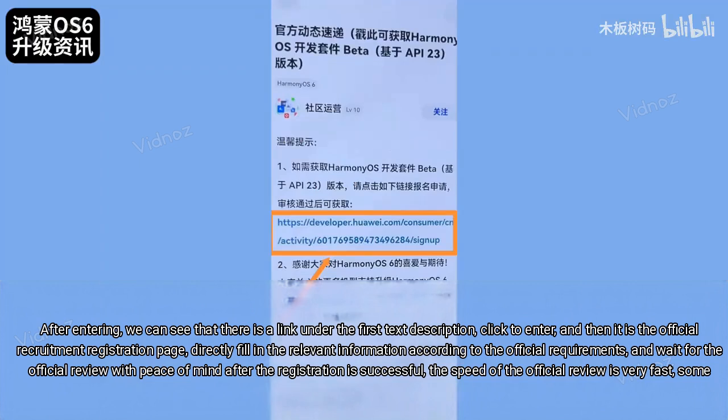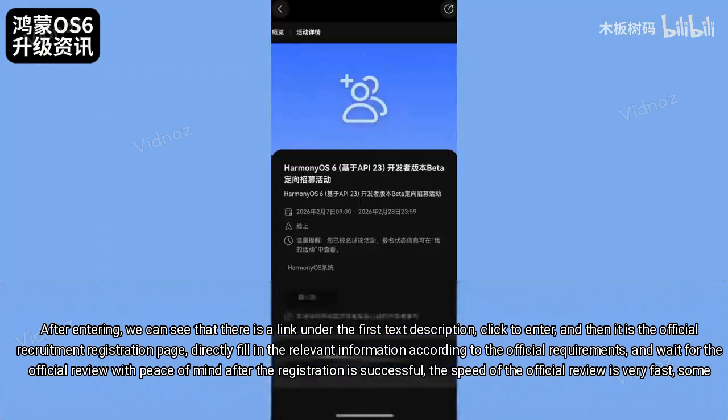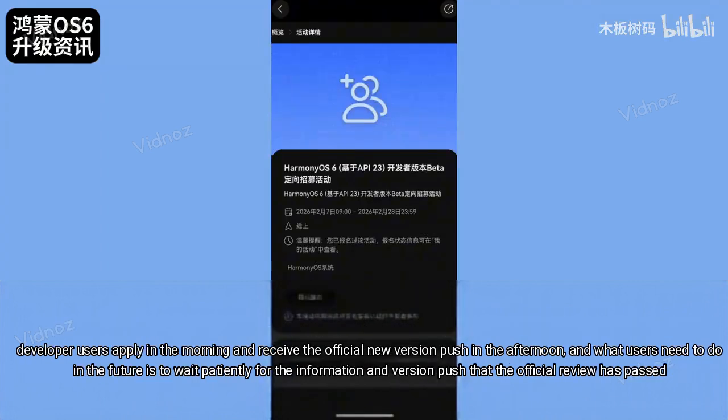Directly fill in the relevant information according to the official requirements, and wait for the official review with peace of mind after the registration is successful. The speed of the official review is very fast. Some developer users apply in the morning and receive the official new version push in the afternoon, and what users need to do in the future is to wait patiently for the information and version push